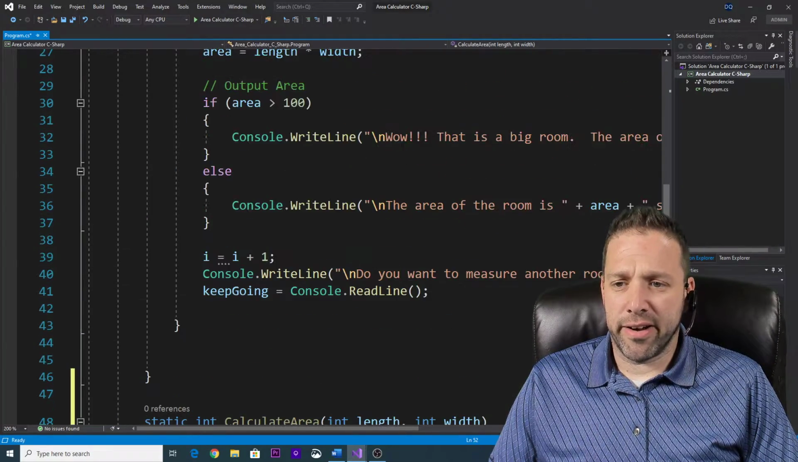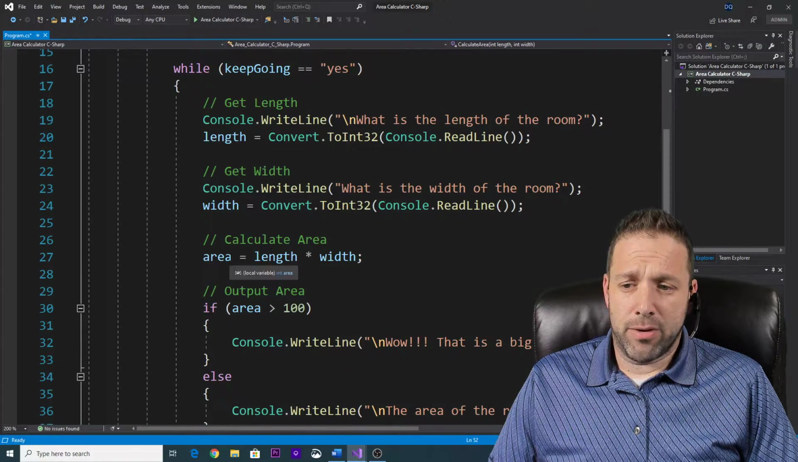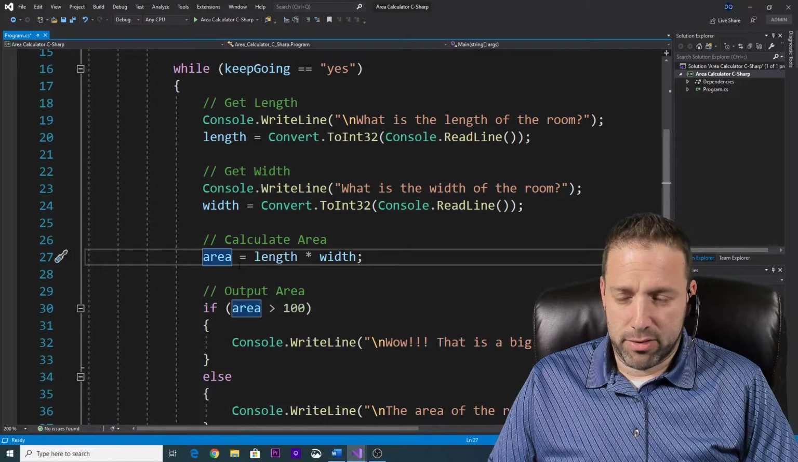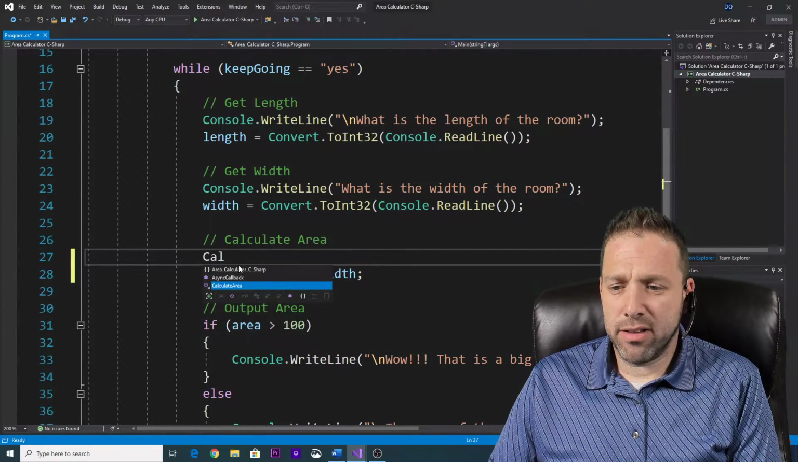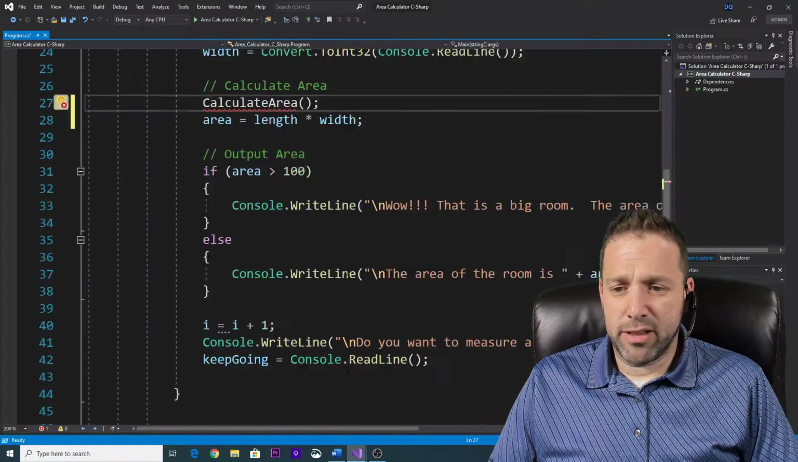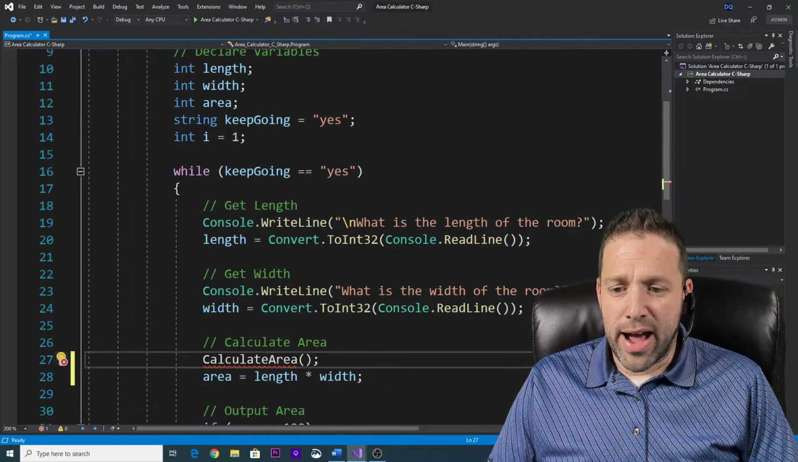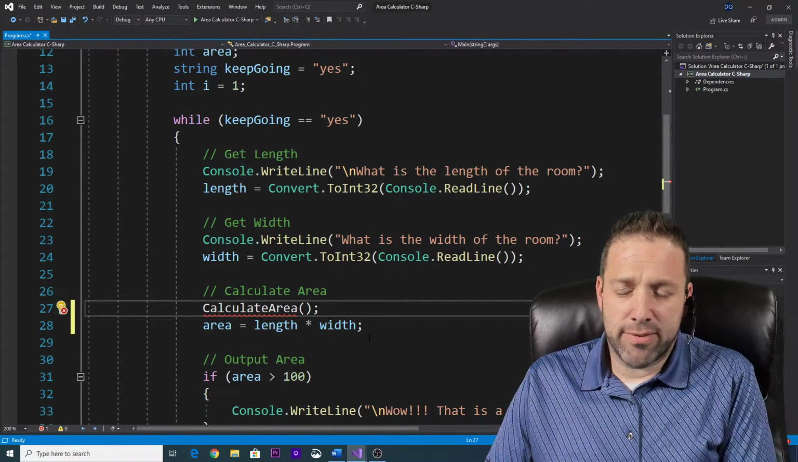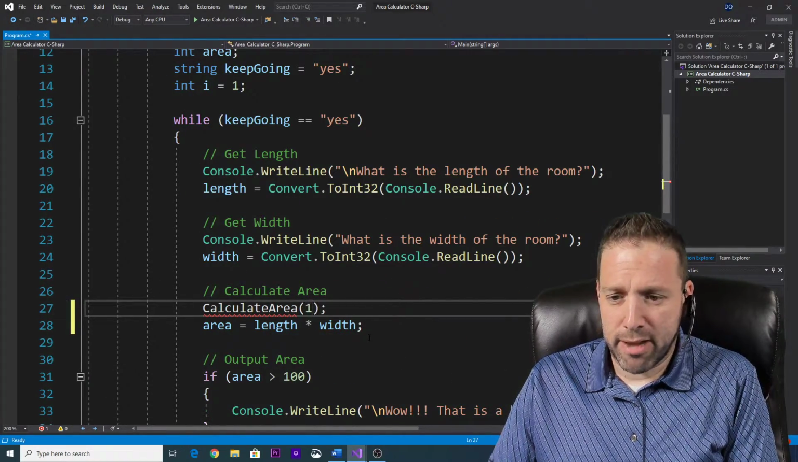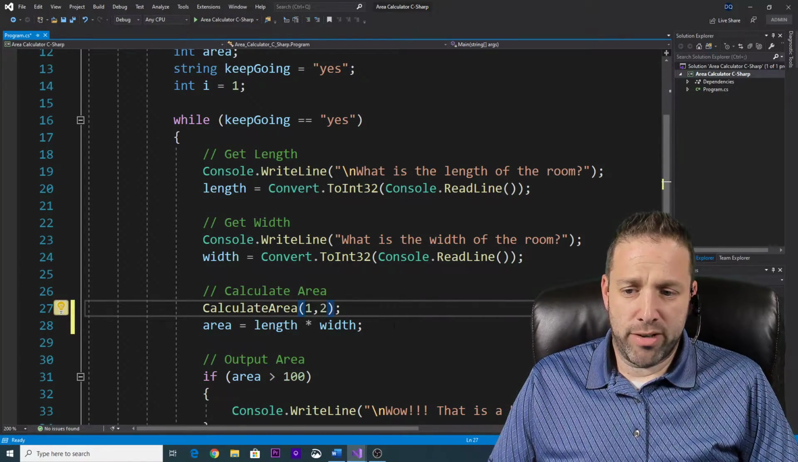So calculate area. Let's find out where I actually calculate the area. I do it right here. So let's actually do it like this. I'm going to say calculate area. And remember, if I look down here, it tells me I need to pass in the length and the width. Now, I don't have to actually pass in variables that have the same name, because remember, I could type in 1, 2, and that's going to work. I have no red squiggly lines,